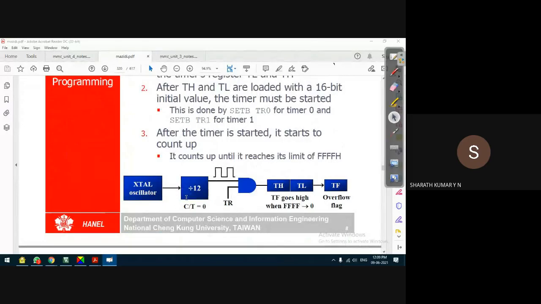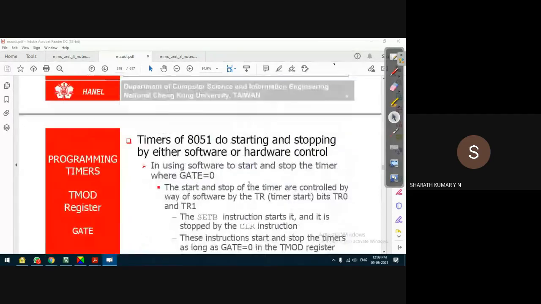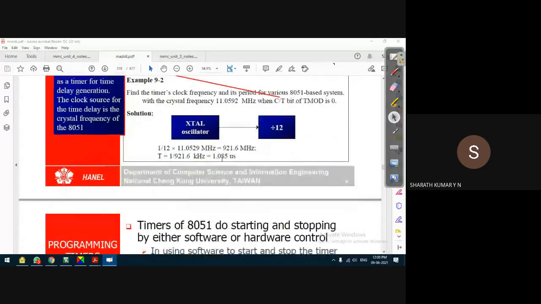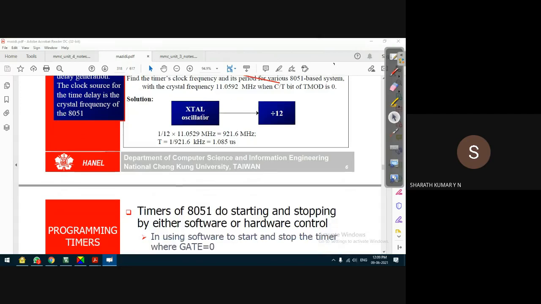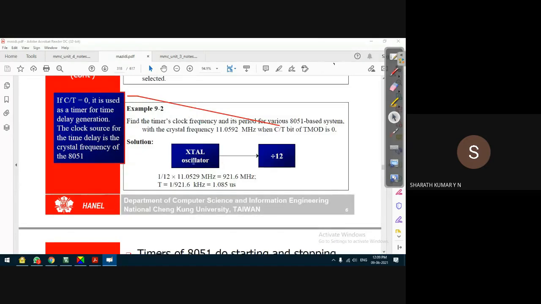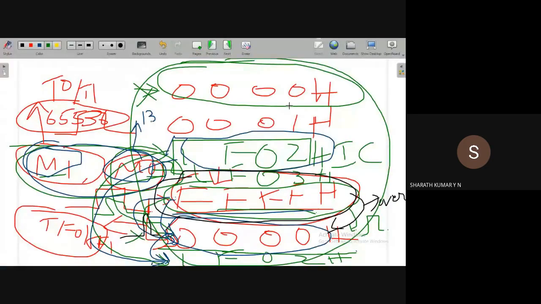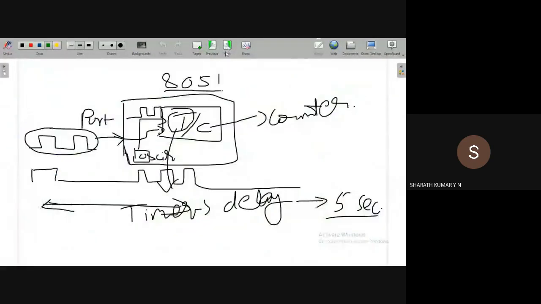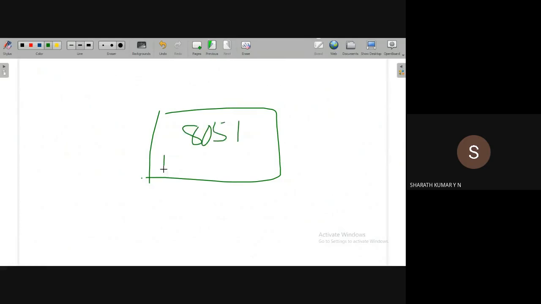For that, first we have to understand this concept: for the timer circuit, the clock frequency. I'll take 2 or 3 minutes and discuss this, not more, because you need to attend another class. The microcontroller operates at a particular frequency that depends on the crystal oscillator connected to the microcontroller.